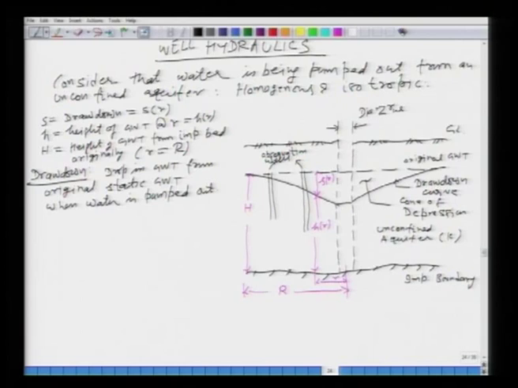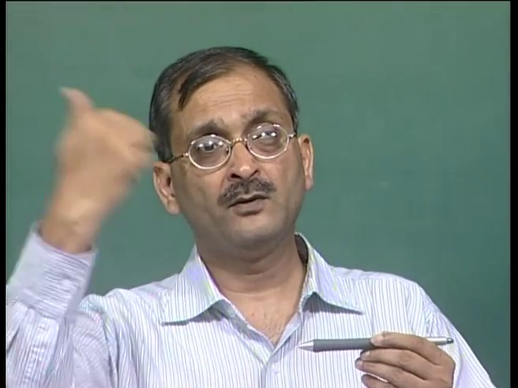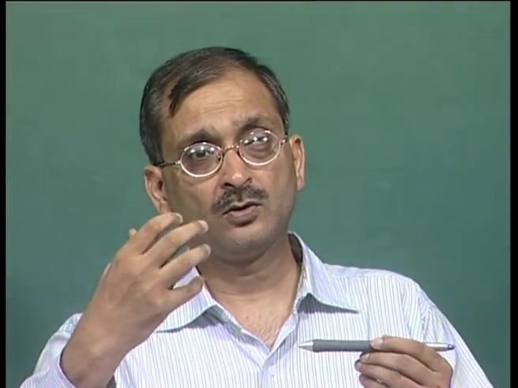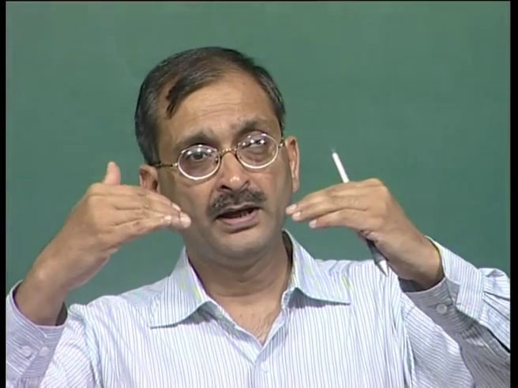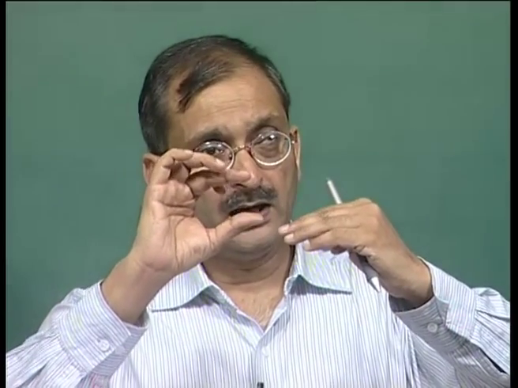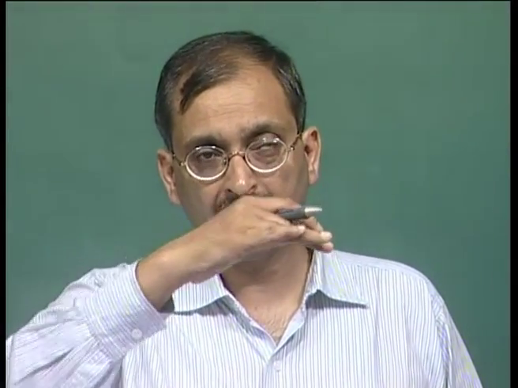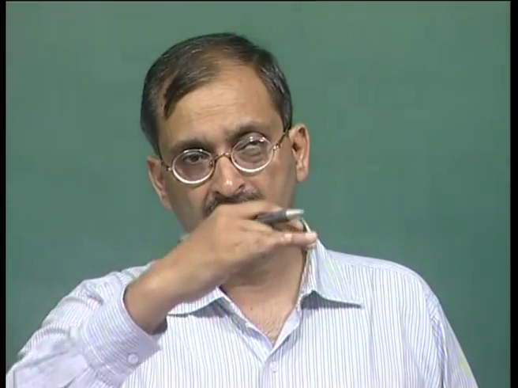So, what is the drawdown? Drawdown is basically you have the groundwater table, originally it is horizontal, all right. So, you have dug a pumping well, you are pumping the water out. As a result of that, water is coming from the storage. So, what will happen to that groundwater table? It will reduce, all right. So, this reduction in the groundwater table will be different as you go away in the radial distance from the center of the pumping well. Okay. So, this value of this S is the distance between the original groundwater table and the current water table. That distance is called the drawdown or the lowering of the water table.